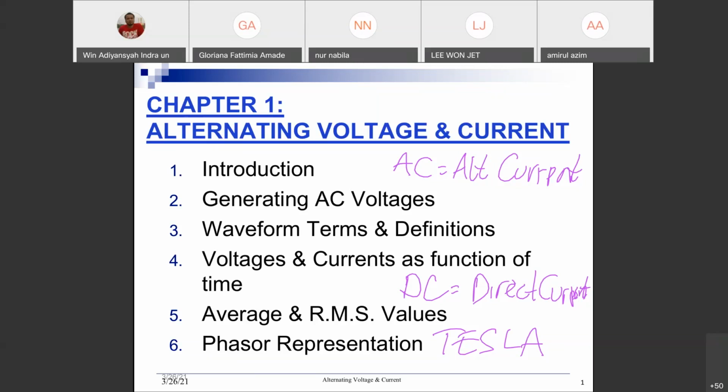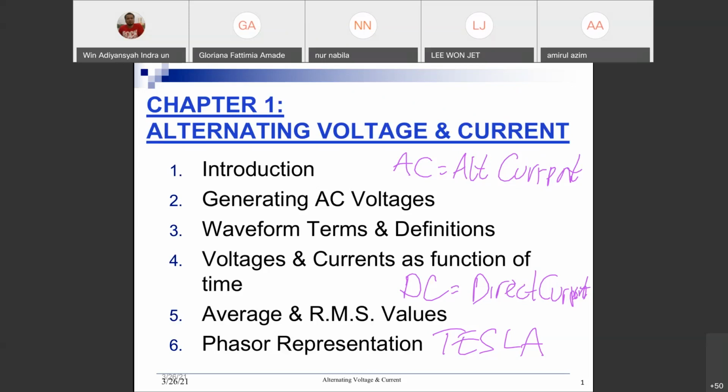Nowadays, I think in almost all houses, residences and industries, they all use AC. But back then, during the 1800s, where AC was not yet invented by Nikola Tesla, they used DC, like you mentioned just now. They used DC, direct current, invented by